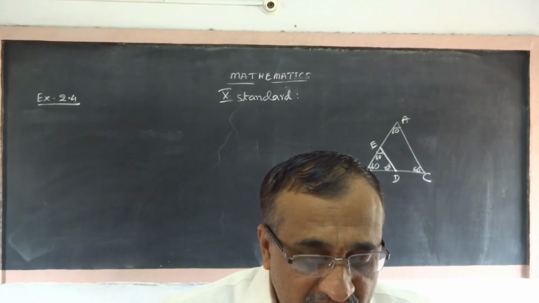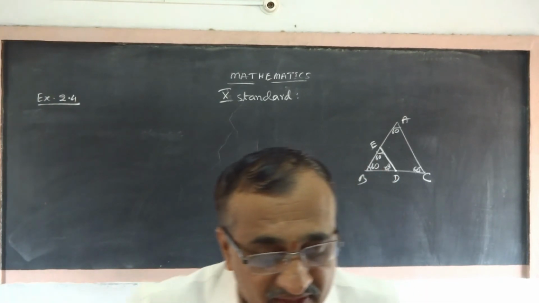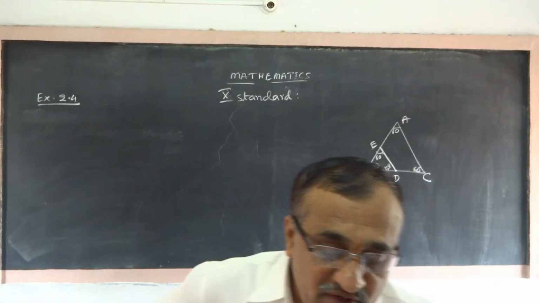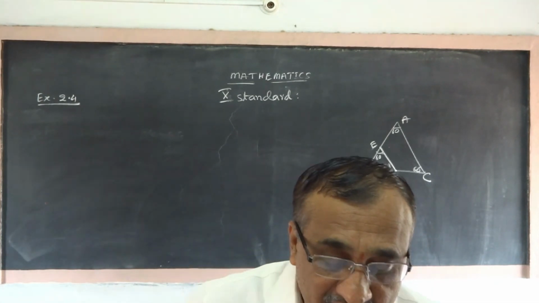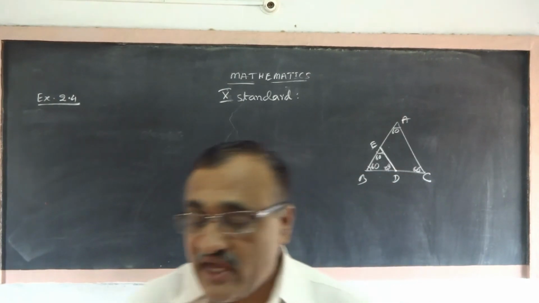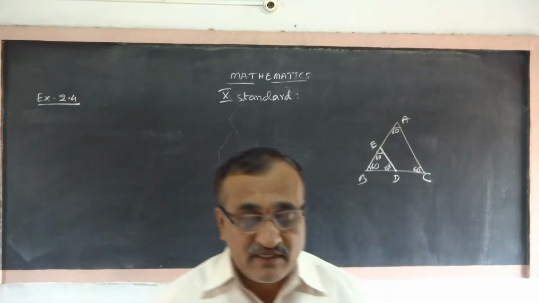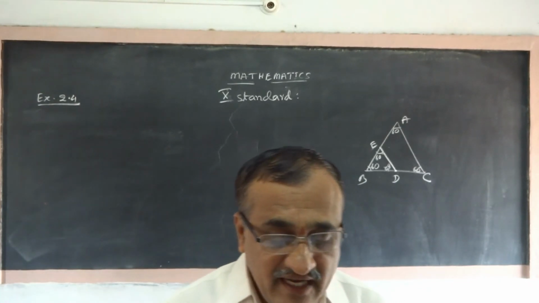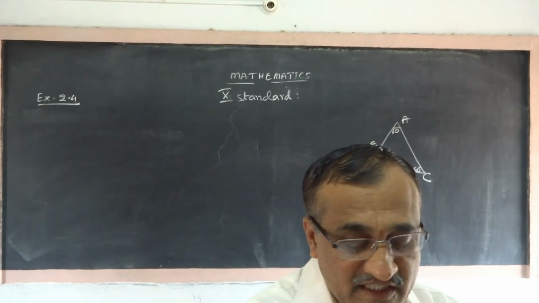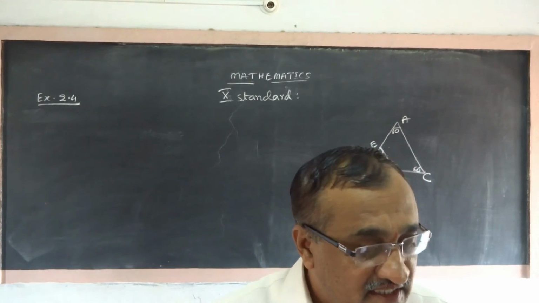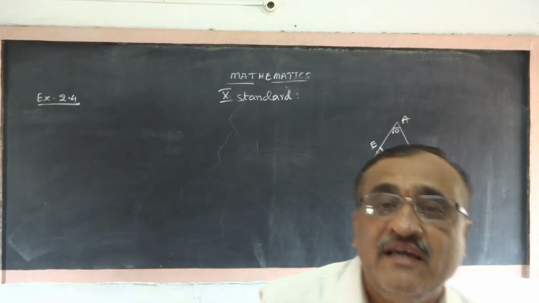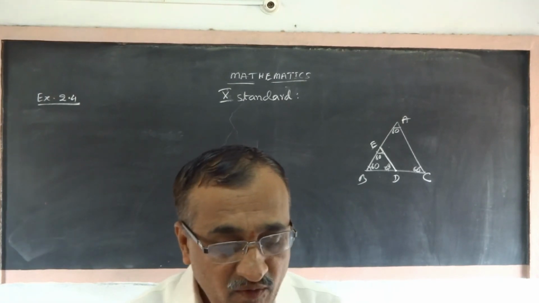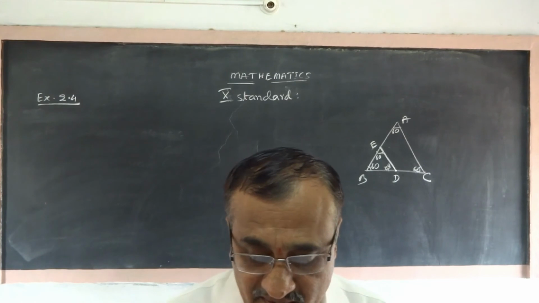Sides of two similar triangles are in the ratio 4:9. Areas of these triangles are in the ratio? What happens for areas? We must square. If you square 4:9, 4 fours are 16, 9 nines are 81, so it is 16:81. See, it is 16:81. Which is the answer? B is the answer. That's the end of what is called areas of similar triangles.